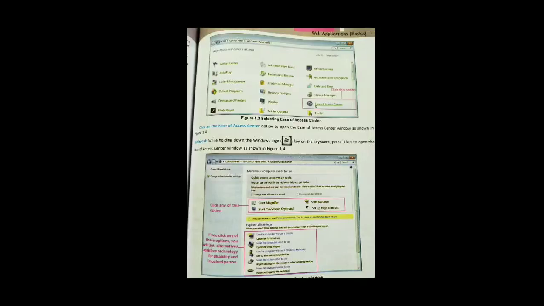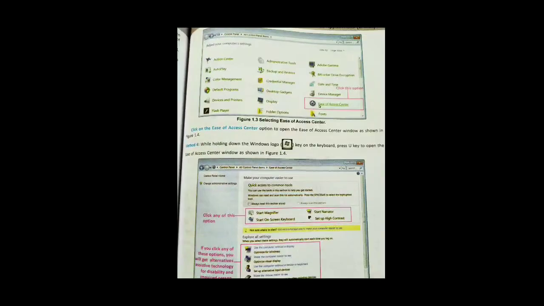So see here, when you click the option in Control Panel, it shows selecting Ease of Access Center in figure 1.3. Then when you click on the Ease of Access Center option, it opens the Ease of Access Center window as shown in the figure below. While holding down the Windows logo key on the keyboard, all of you know where the Windows key is present, press the U key to open Ease of Access.